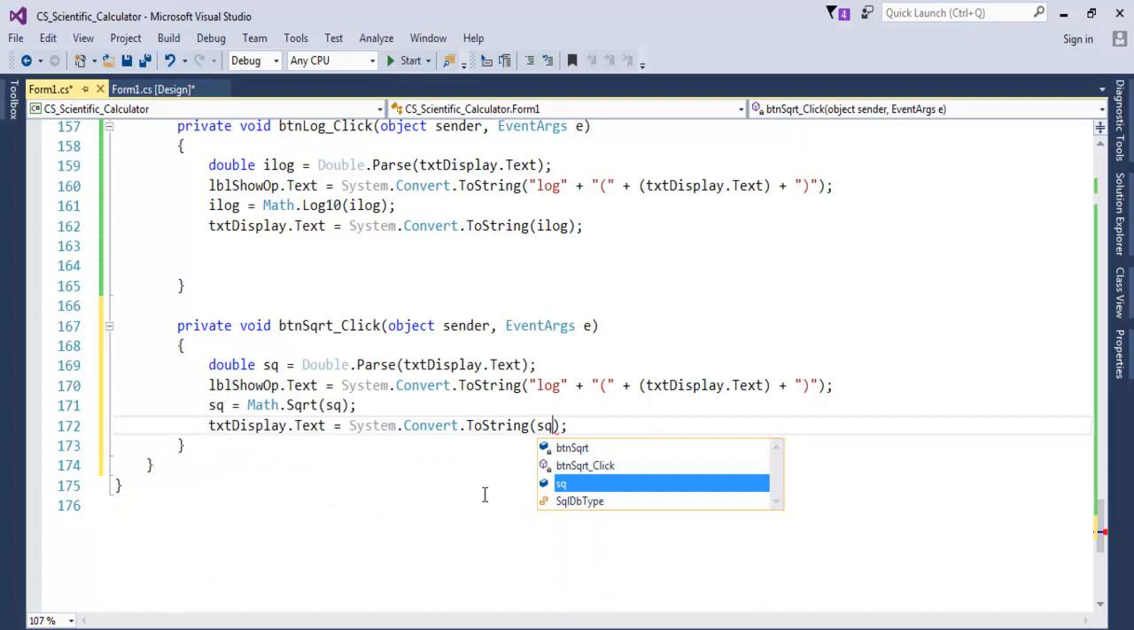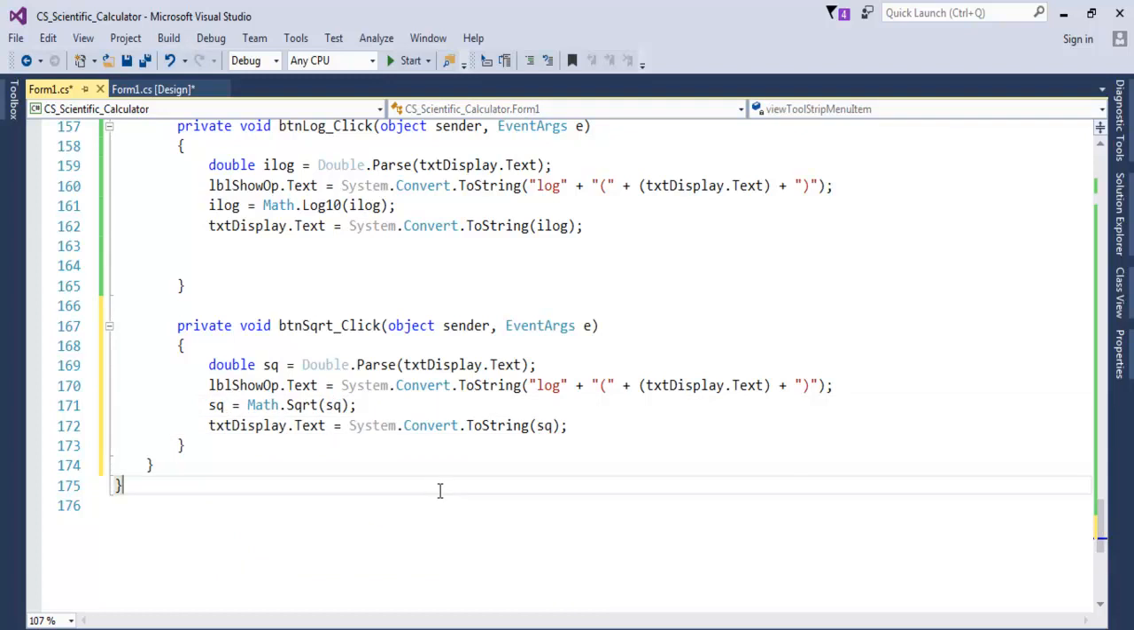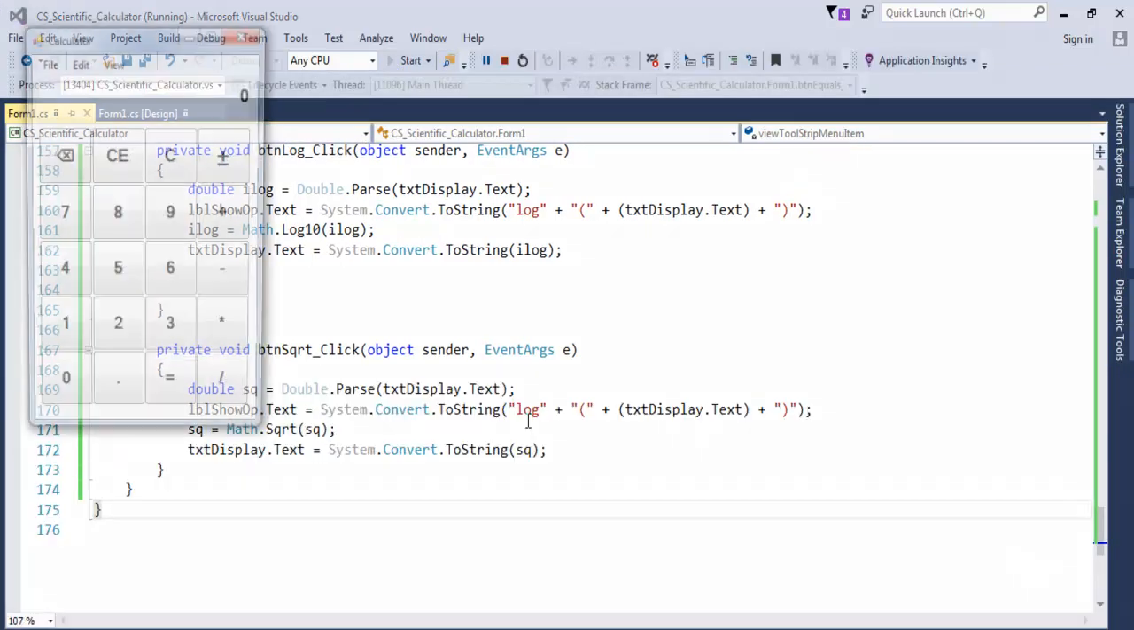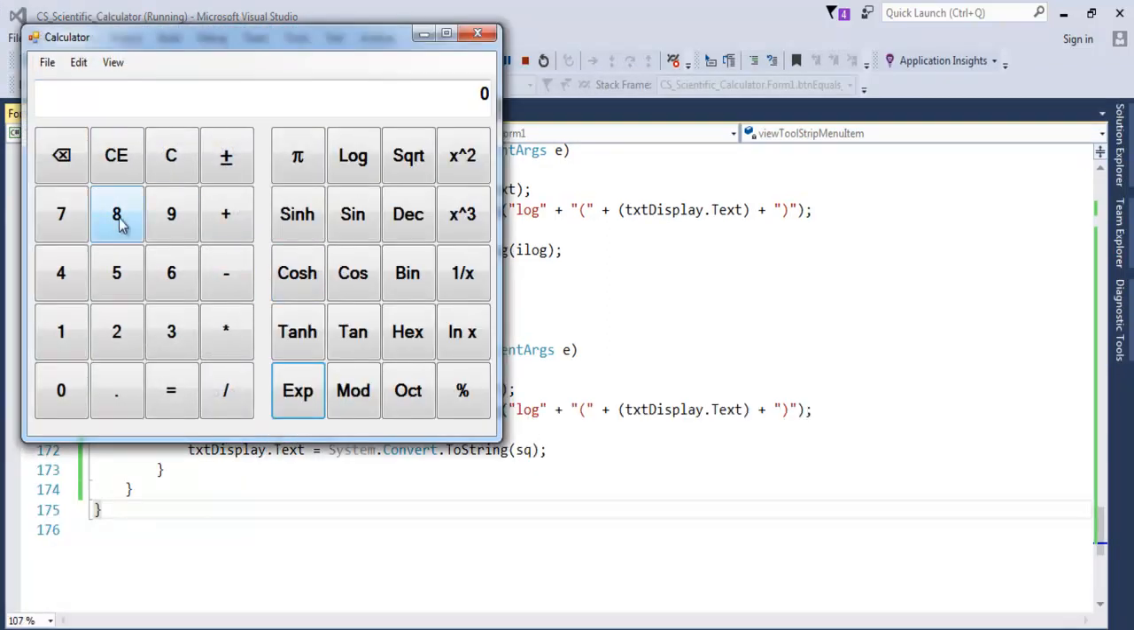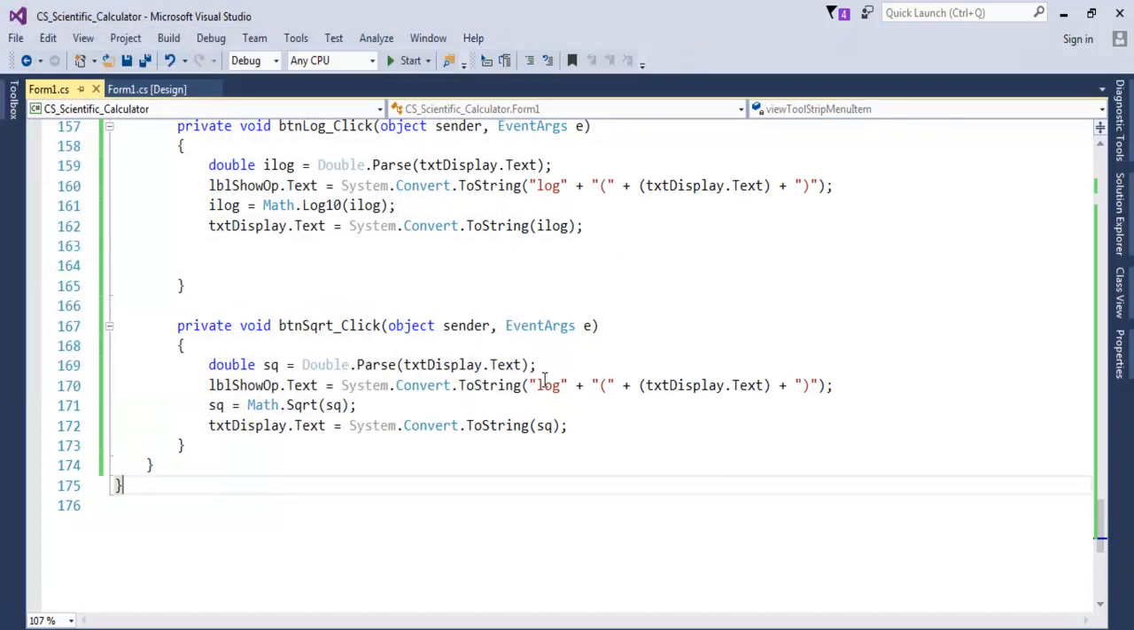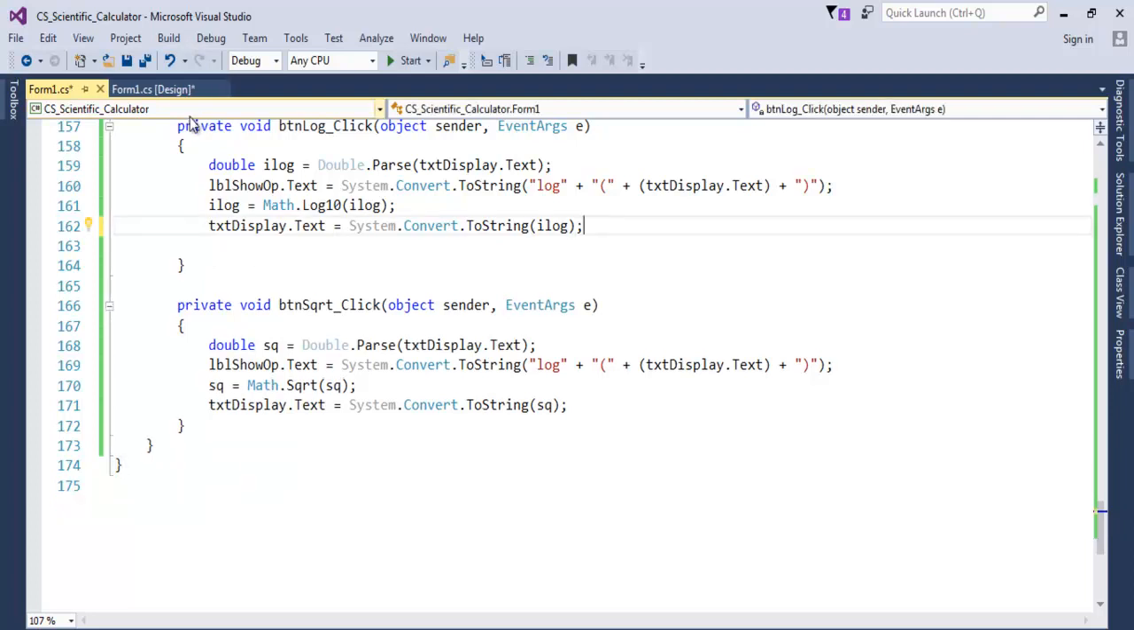Right, so that's for the square. Let's give it a try and see. Come to scientific and just say 8 square. Yeah, that's correct. I know the answer to that anyway. Alright, that's correct. Now the next one,